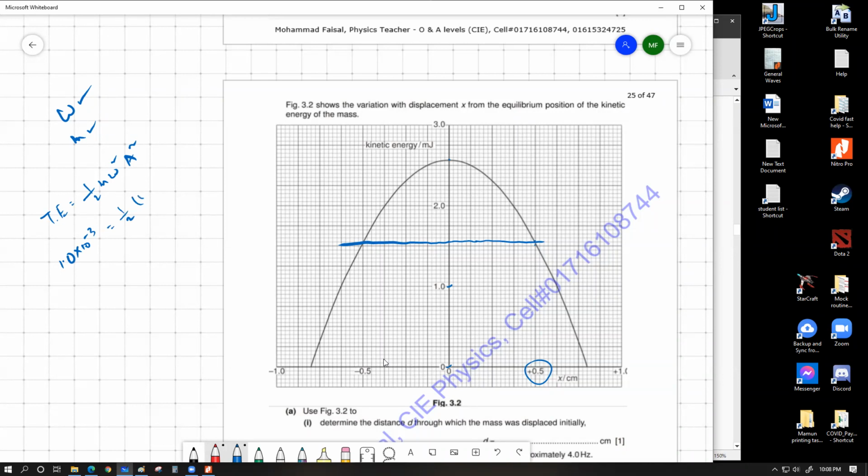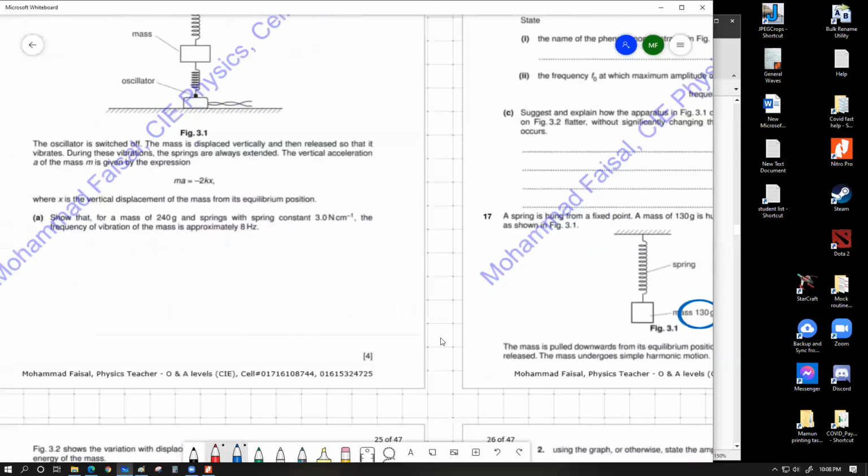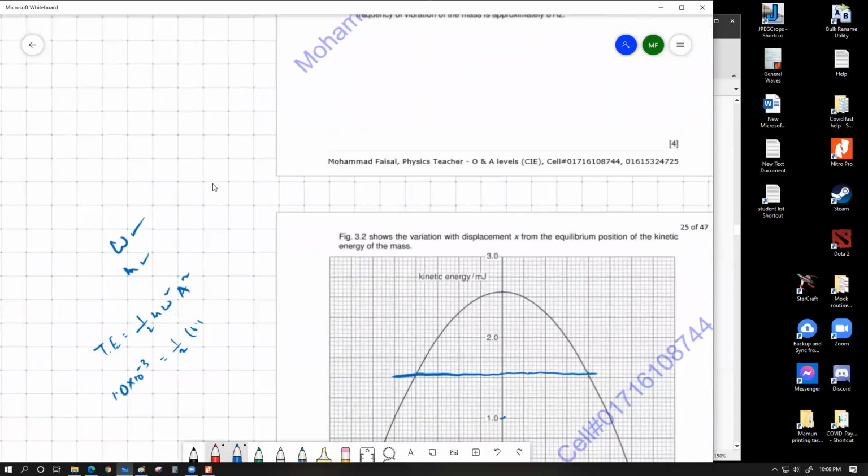Half into 0.15. What is it? Was it 0.15? 0.13. 0.130, 130 gram. And you place the value of omega square, which is about 4 hertz, as I have seen over here. So there's a 4.0 squared. And this a square is your new amplitude. You can also calculate this value from this equation. That's also possible. That's the otherwise way. If you don't want to use a graph, but if you have all the variables available to you, this is what you can do.